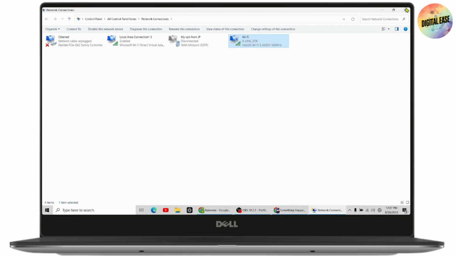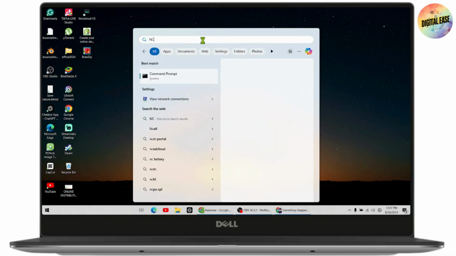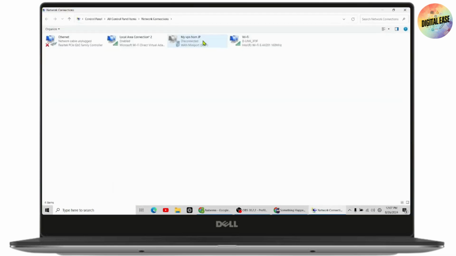But if that doesn't fix your problem, you need to go back, and the second method is you need to solve this wirelessly. So what you need to do is go to the search again, and under search you need to search for ncpa.cpl, hit enter, and it will take you to this kind of interface where you need to again right